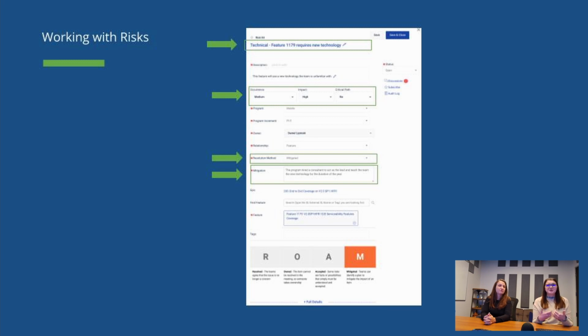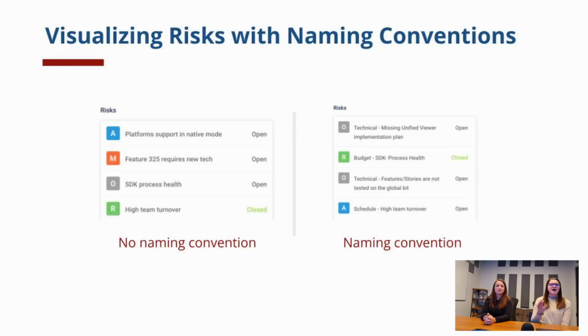It's okay if you turn them off. Not every field is useful for everyone. If you do want to use them, we recommend developing that standard use case, documenting it, sharing it with everyone, and training your end users on it. We have one more final recommendation, and it's around the title of your risk.